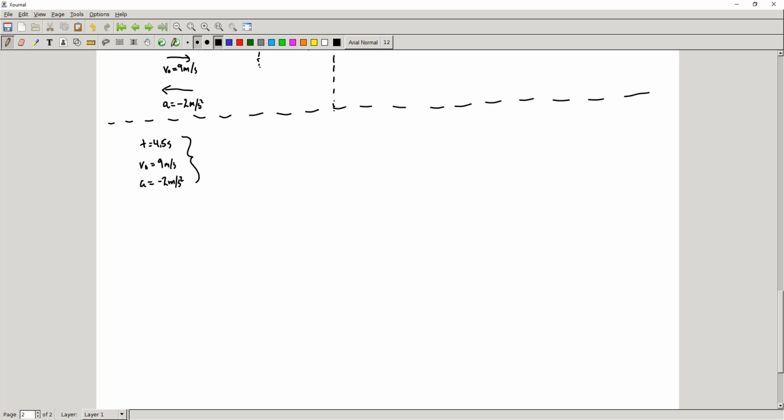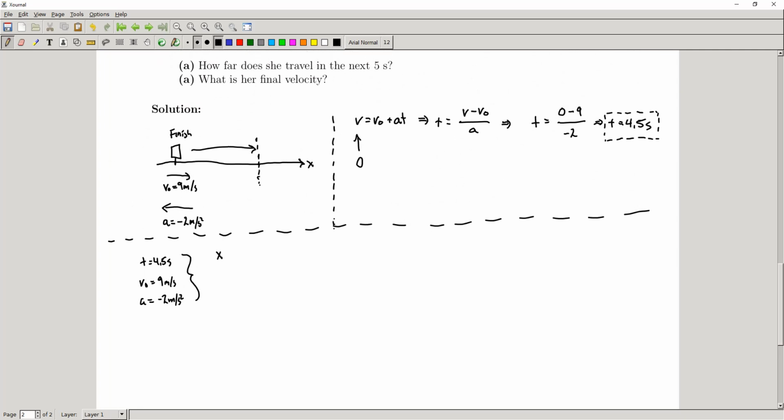So basically what we want is x, and we've set this finish line in a sense as our x naught equals 0. So we can include that here. And from these variables, we want to be able to solve for x. x will be the stopping point, right? So if we look for an equation that contains v naught, a, x naught, and t,